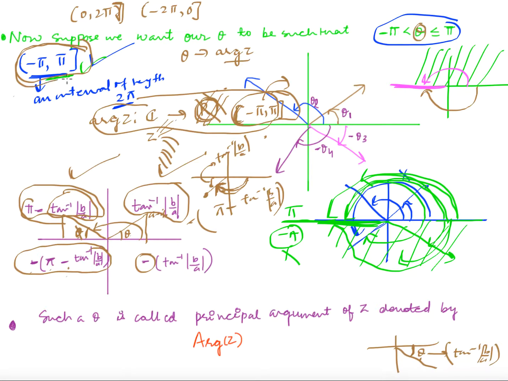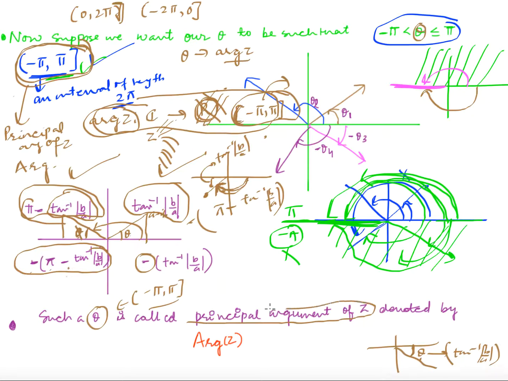But when you fix this particular interval, then you have a special name for your argument of z. You call it the principal argument of z, and you denote it with capital A. So when your theta belongs to the interval minus pi to pi, you call it the principal argument of z and denote it with capital A, ARG you write it, right? Okay,